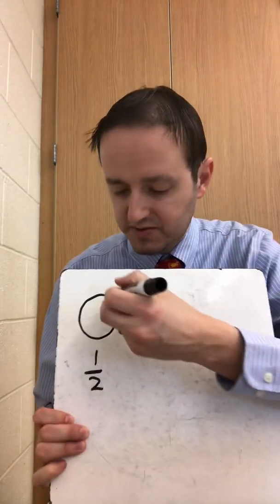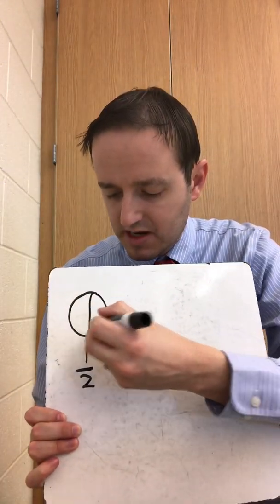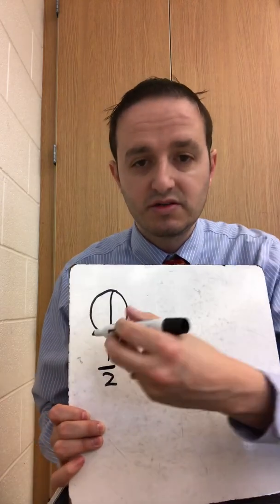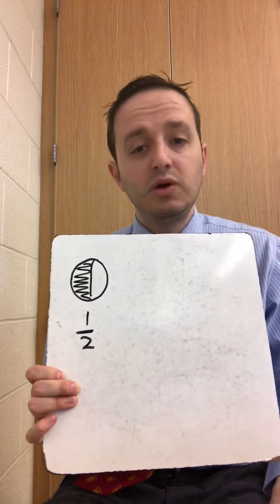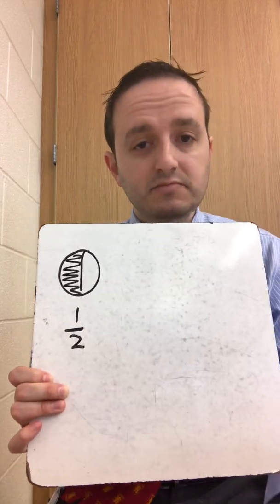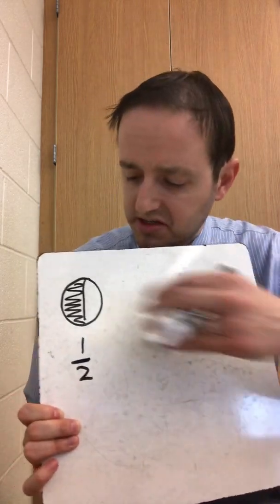Well, 1/2 is pretty simple. The denominator tells me that we need two pieces. There's our two, and we would shade in one of them right there. Now, an equivalent fraction for 1/2 would mean we need to look at this fraction here and